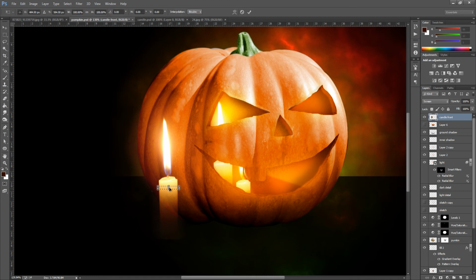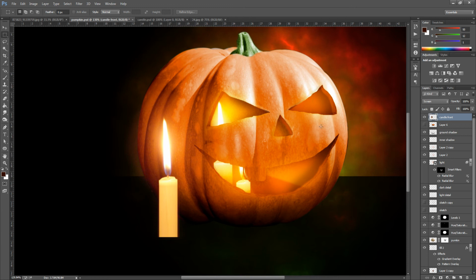on your keyboard, and then all we're going to do is drag from the bottom downwards to around about there, just so the fading has stopped, and then click the tick icon at the top. Press Ctrl D or Command D to deselect, and from here we're going to add a few bits to this. So we're going to add a few drip marks and change some of the lighting.